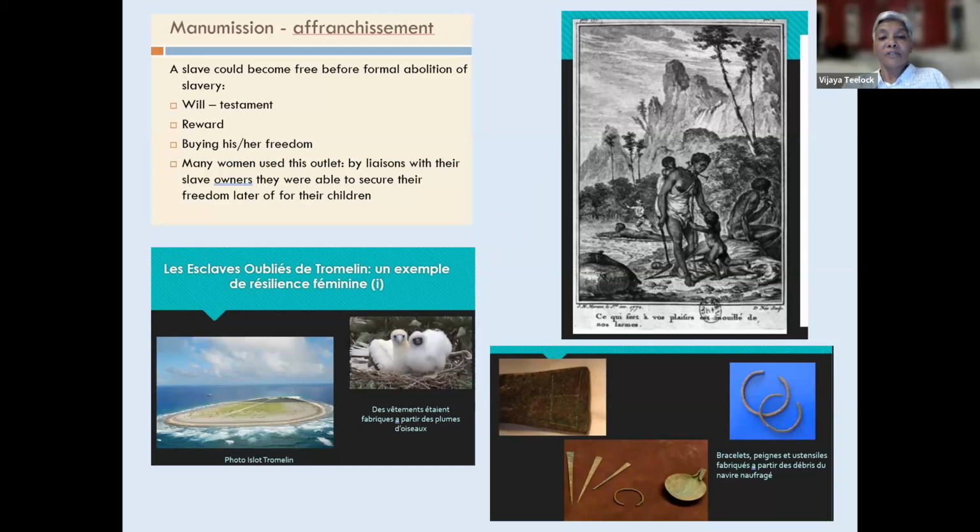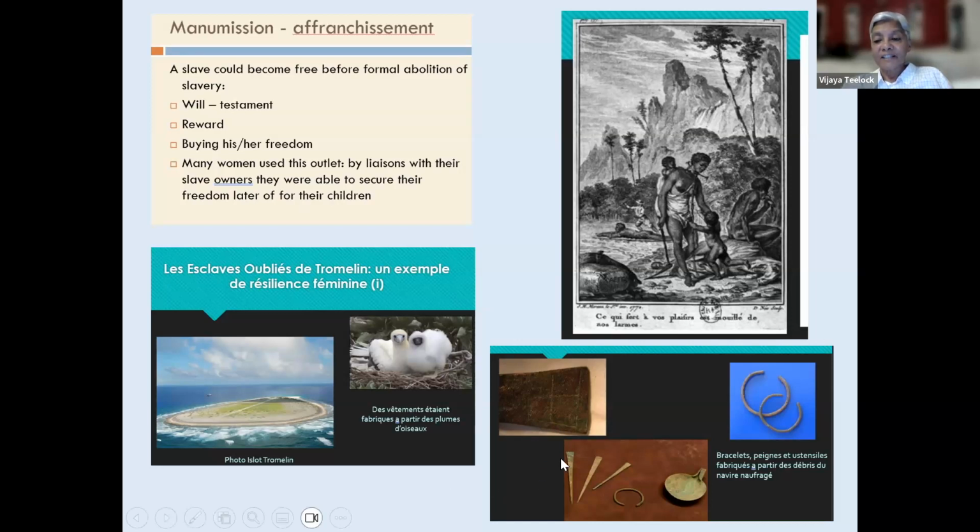This was a shipwreck that had occurred. The sailors had been able to escape by building a boat and being rescued by a ship. The male slaves also had tried to build something and were able to escape, leaving the women behind on this island. And a few years ago, archaeological excavations were held on the island, and you see some of the